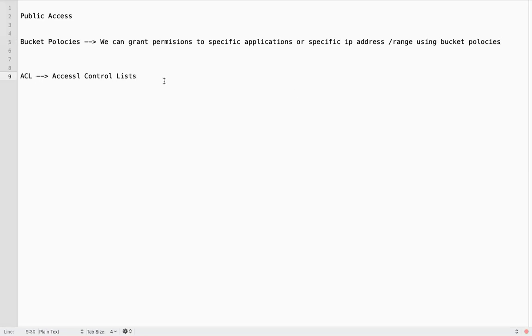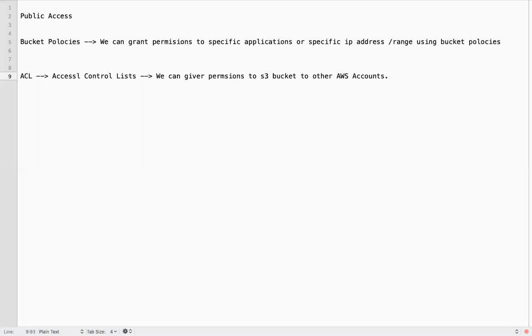Then this access control list. We can give permissions to the S3 bucket to other AWS accounts. So we can grant permissions to the bucket itself.